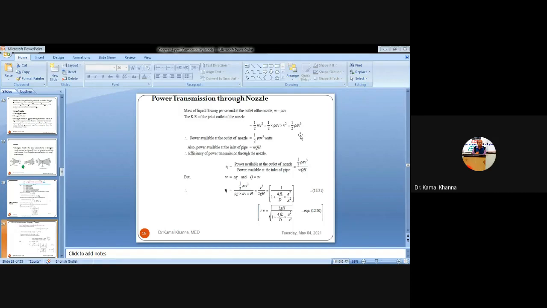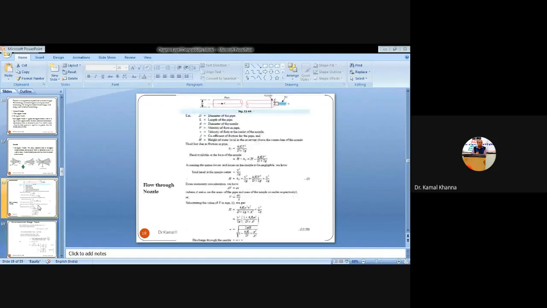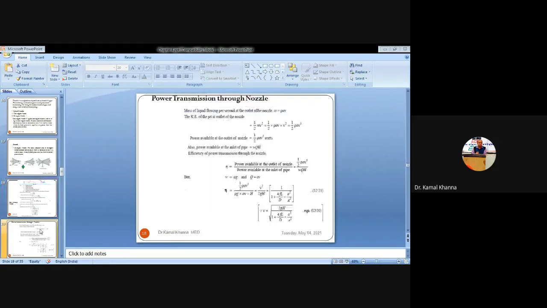So also the power available at the inlet. What is the power available at inlet? It is the weight of the liquid into the discharge into the head of the liquid. You can see this previous figure. I am moving again to the previous slide. So this H is the head of the liquid above the center line of the pipe. Q is the discharge at entry of the pipe, and W is the weight of the liquid entering the pipe. So the power at entry, the power of the liquid that is being transmitted from the inlet to the pipe, is equal to W into Q into H. That is, W is the weight of the liquid, Q is the discharge or rate of flow, and H is the head of the pipe.